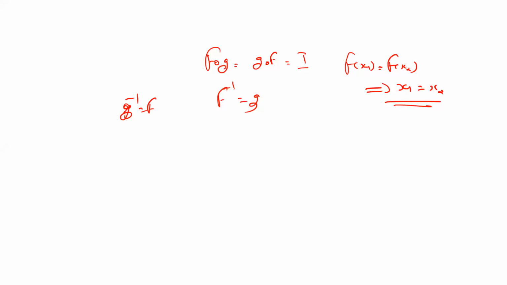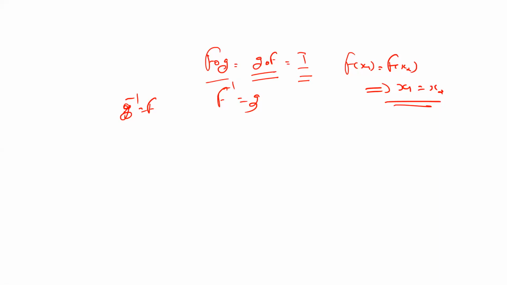So to prove that a function has an inverse, first what do you have to show? It should be 1 1, it should be on 2. Then you can say that the function is invertible and you can find the inverse. Another way is, if f is a function, you can define another function G, and f composition G is equal to G composition F is equal to identity function, then we can say that the function is invertible. Understand?